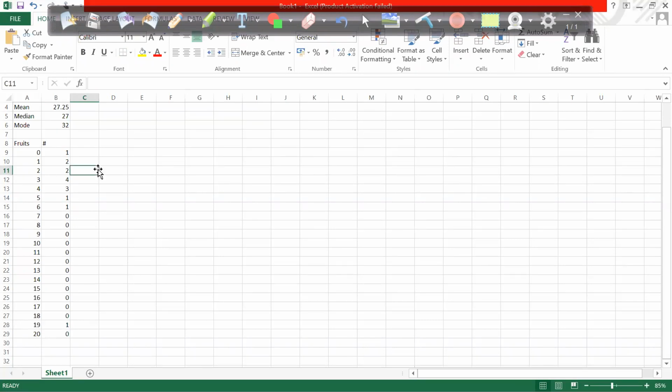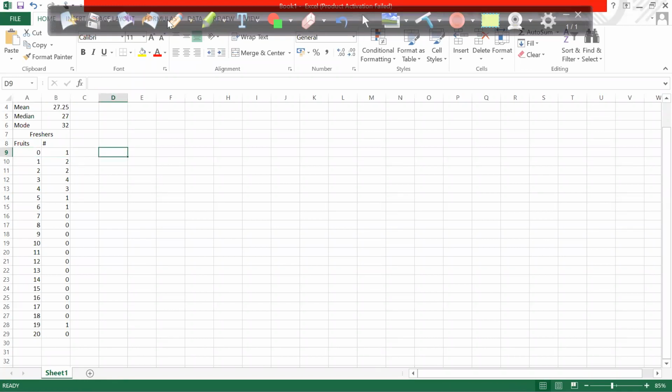Okay. So now, if you see here, I'm getting the student details, and I want to know how many fruits are consumed by the freshers. Now these are, let's say, freshers. These are freshers. Now here you can see that 0 fruit is consumed by one student. So obviously this will be 0, right?